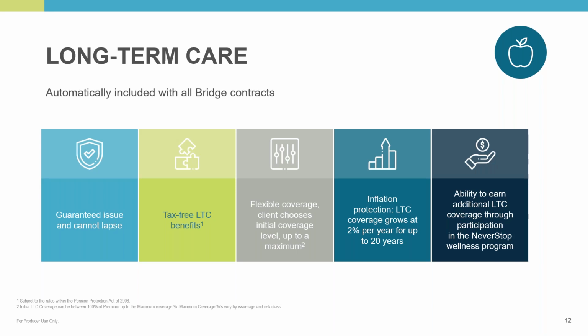We have put in inflation protection. What we mean by that is on the long-term care benefit rider side, if we think back to our example where we had somebody who was 65, who was standard, they wanted to maximize their coverage ratio up to 190%. I mentioned that their long-term care benefit base would start out at 190,000. Well, that's then going to continue to grow. The long-term care benefit base is going to continue to grow by 2% compounded annually for up to a 20-year deferral period or until time of claim. The 2% is simply meant to be inflation protection.